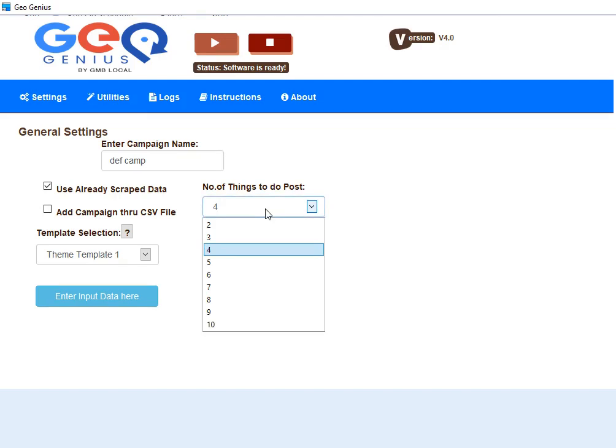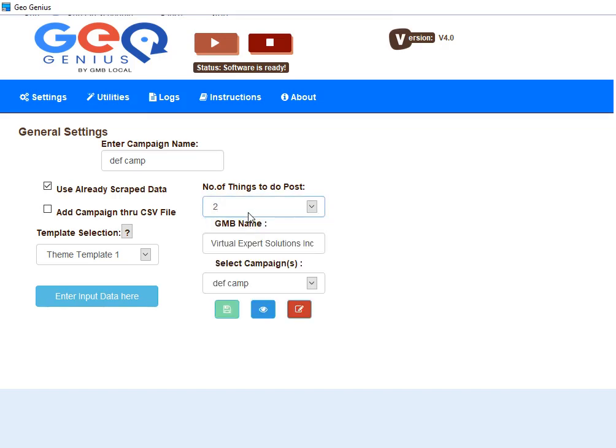So you can now change the number of things to post. In general settings,